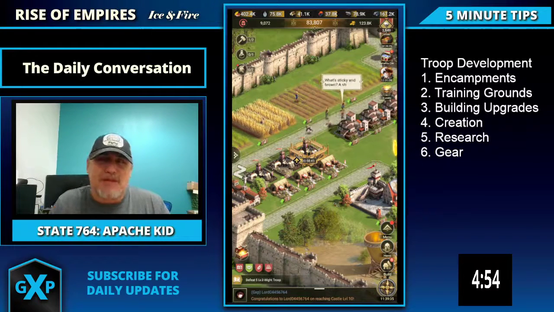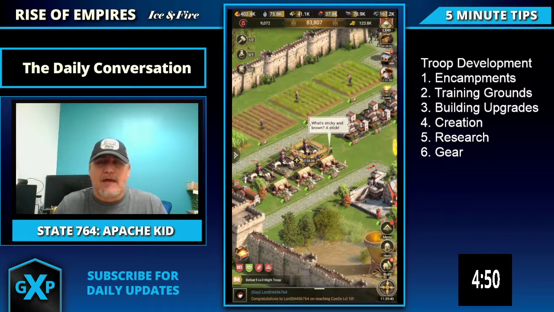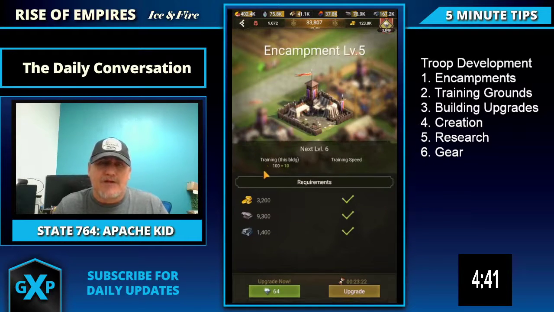So just want to jump into troop development and let's see if we can do this under 5 minutes. So let's begin. All right, the very first thing are encampments. When you're dealing with troops, what you want to do is upgrade your encampments. When you upgrade your encampments, it allows the number of troops that you train to increase. So if you can do this a couple days before your troop development day, it will help hit your chest